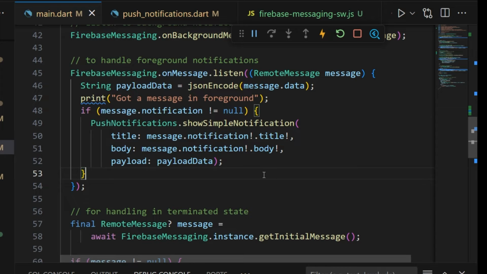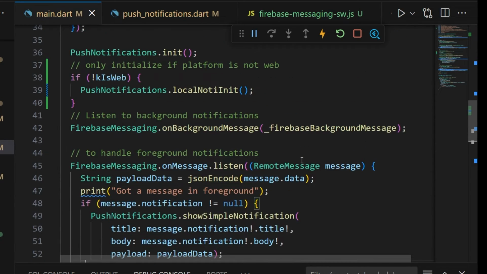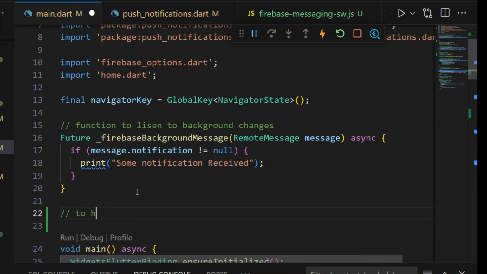Like, if you really want to show a pop-up notification when a new notification arrives in foreground, in that case, what we can do to handle notifications in foreground on web platform,